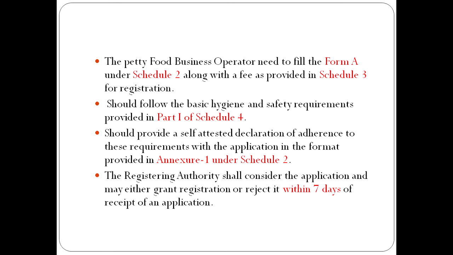If everything is proper, they will be accepting his application within 7 days, or they need to reject his application within a period of 7 days. Please note, the time period is 7 days, and if they have rejected his application, they need to give a proper response for that. They need to give it in a proper way why they have rejected his application. They might be giving it on record, or they might be giving in writing the reason for rejection of his application.